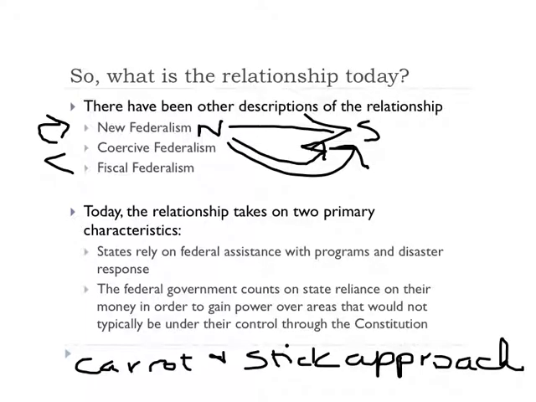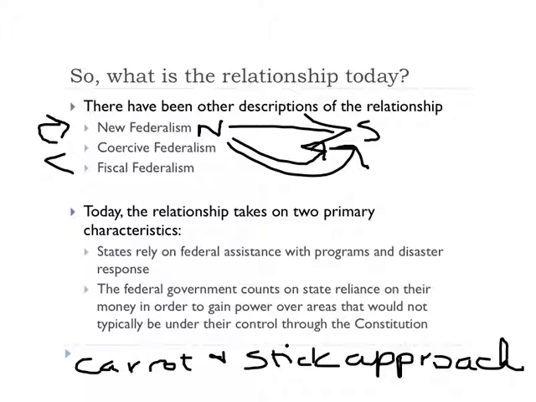And this carrot and stick, think of the farmer with the mule. You know, mules habitually don't want to go where you want them to go, and so you get this image of the farmer dangling a carrot on a stick in front of the mule's face to get him to move forward for the reward. This is sort of how this financial relationship works. The national government dangles money. The states want the money because they want to increase the services that they can offer to their people, and so they follow that carrot and they end up being led to where the federal government wants them to be.